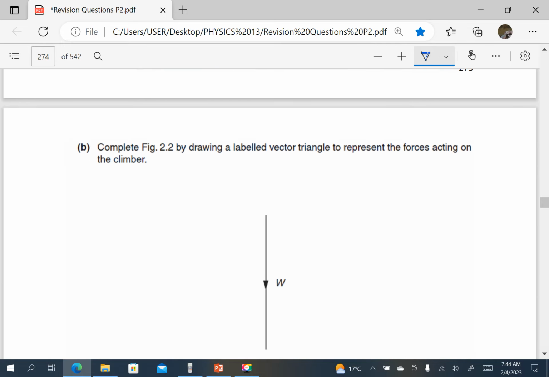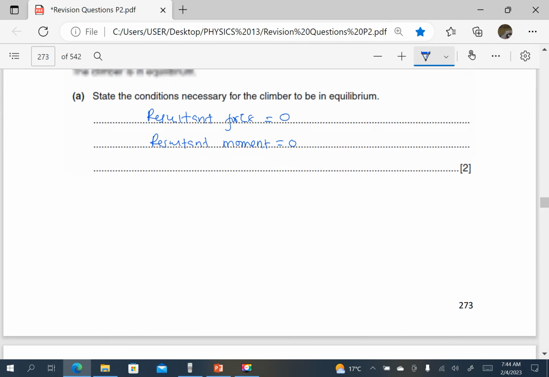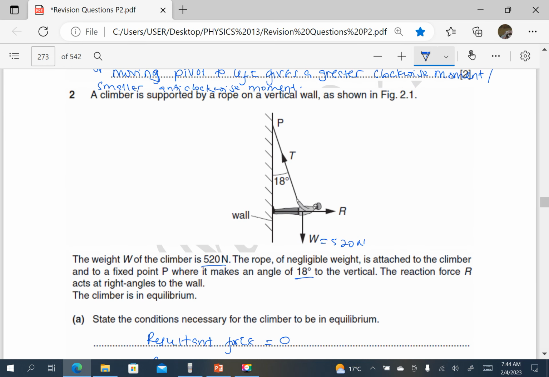Then complete the figure by drawing a labeled vector triangle to represent the forces acting on the climber. The weight has been given vertically downwards, and then of course we join vectors head to tail. The normal reaction from the wall will be R, and then the tension will be T. Alternatively, we can have the weight vertically downwards and the normal reaction on top, because we join head to tail,